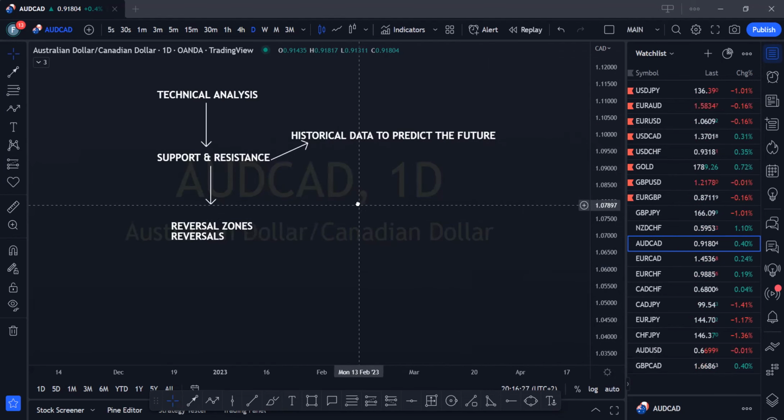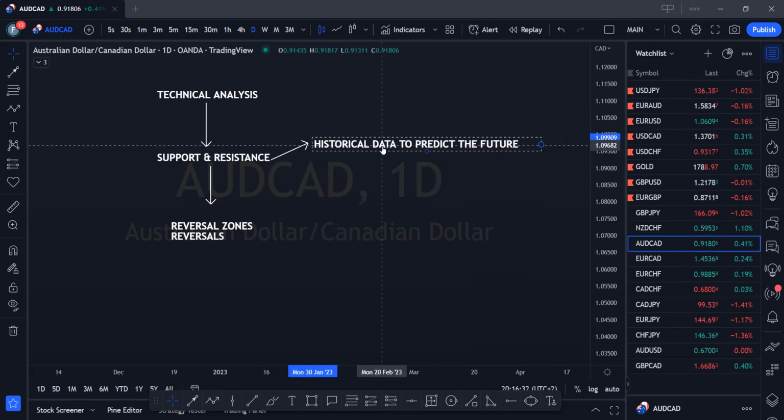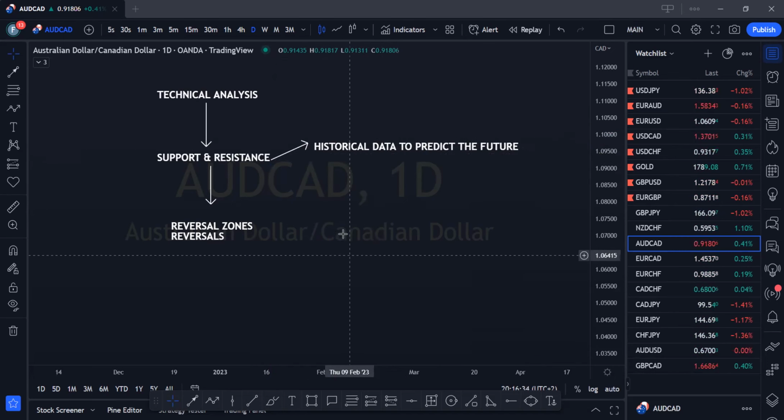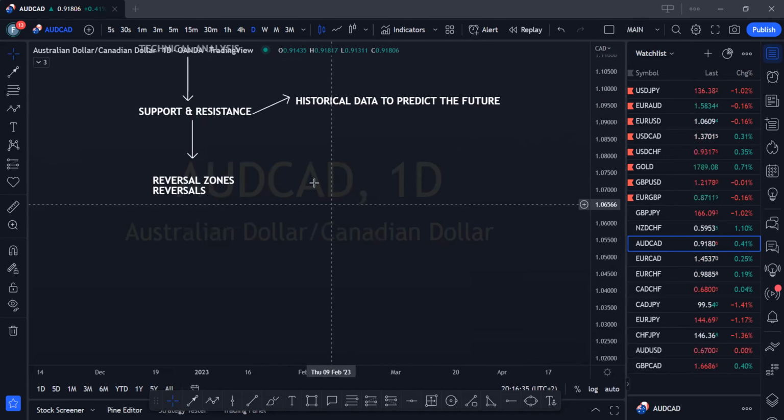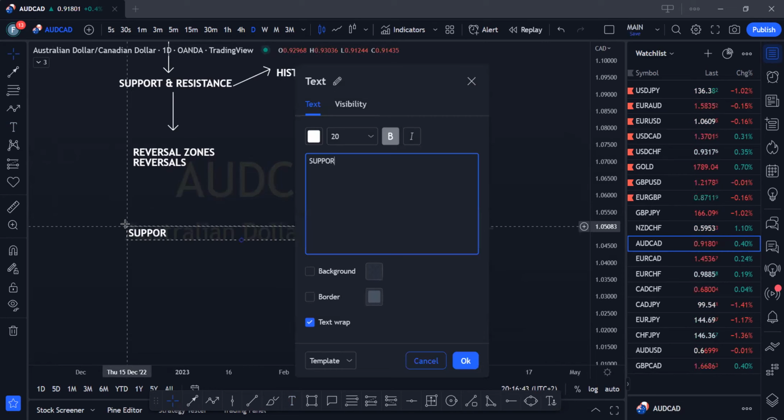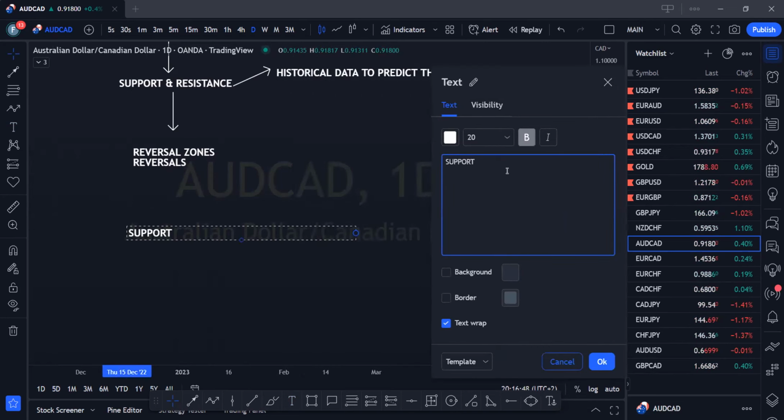All right. So let us get to it in real time. This will make a lot more sense to you once you start defining each of these concepts. All right. So let's start by defining what support is, and then we'll shed more light on this. A support is an area of the market that acted as a floor, right? A support is a price zone that acted as a